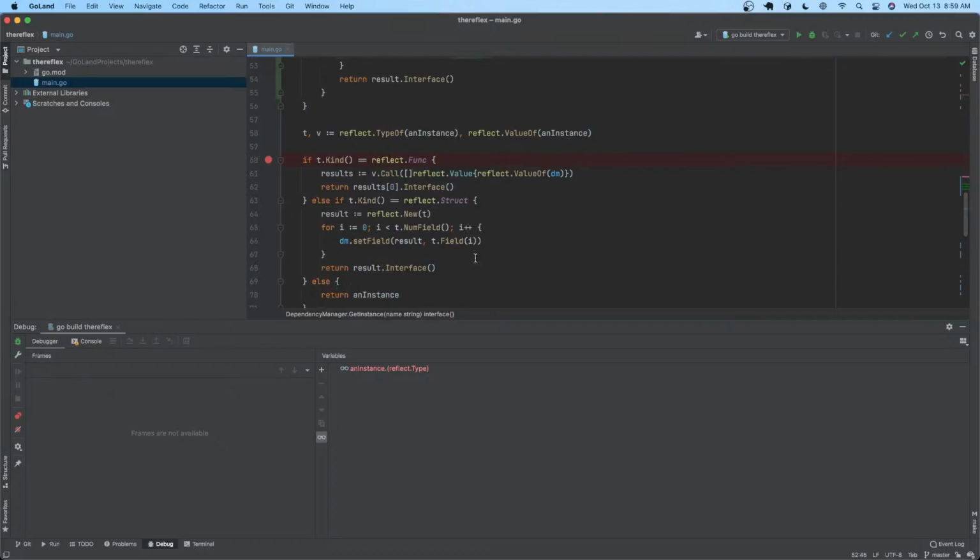Okay. Else it's a kind of struct. You just turn